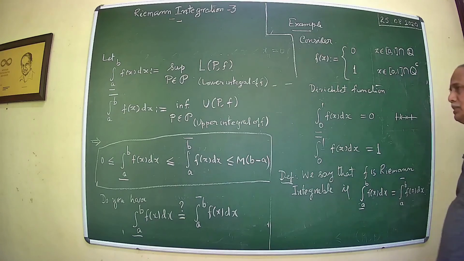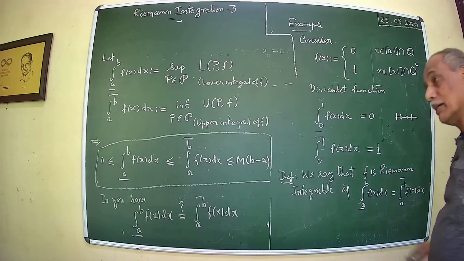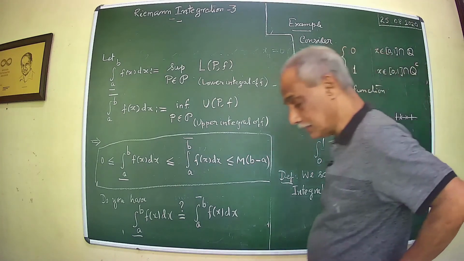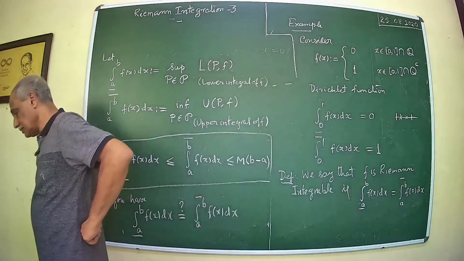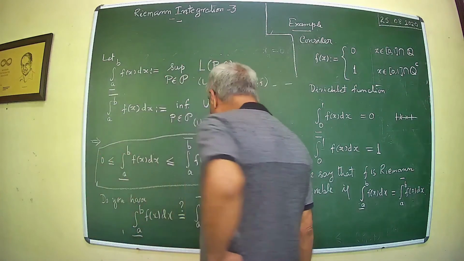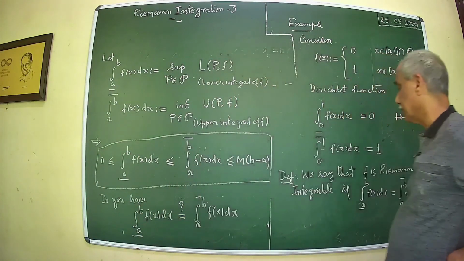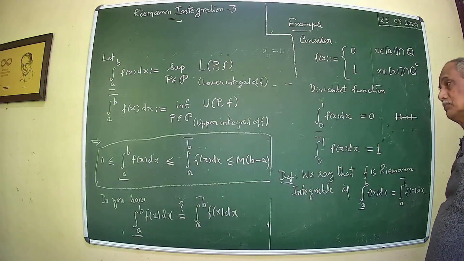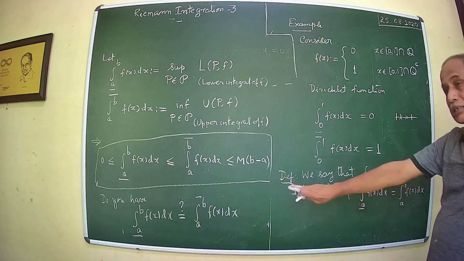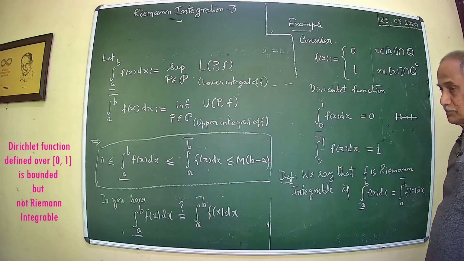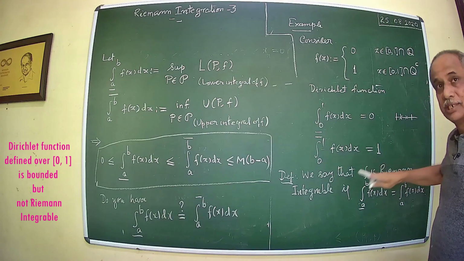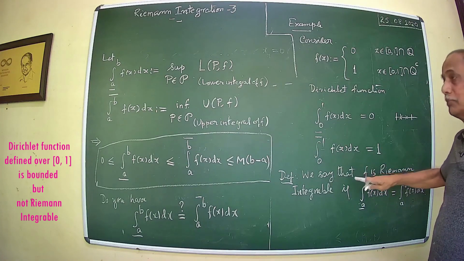Now this is the definition of Riemann integration for a non-negative bounded function defined on the interval. And we see that this is not something that is assured for all bounded functions. Therefore there are quite a lot of questions that pop up at this stage,